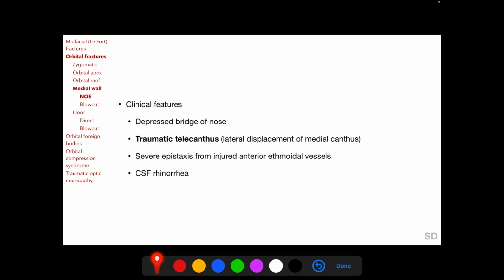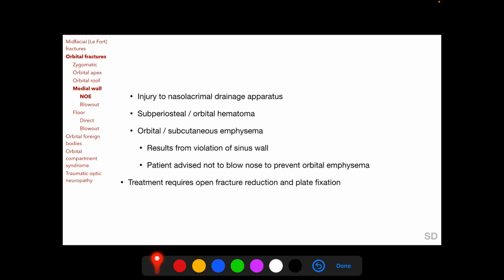Clinical features of NOE fractures are a depressed bridge of the nose, traumatic telecanthus, that is lateral displacement of the medial canthus because of weakening of the medial canthal tendon, severe epistaxis from injury to the anterior ethmoidal vessels which pass from the orbit into the nose through the frontoethmoidal suture, CSF rhinorrhea if the cribriform plate is involved, injury to the nasolacrimal drainage apparatus which lies along the anterior portion of the medial orbital wall, subperiosteal or orbital hematoma,